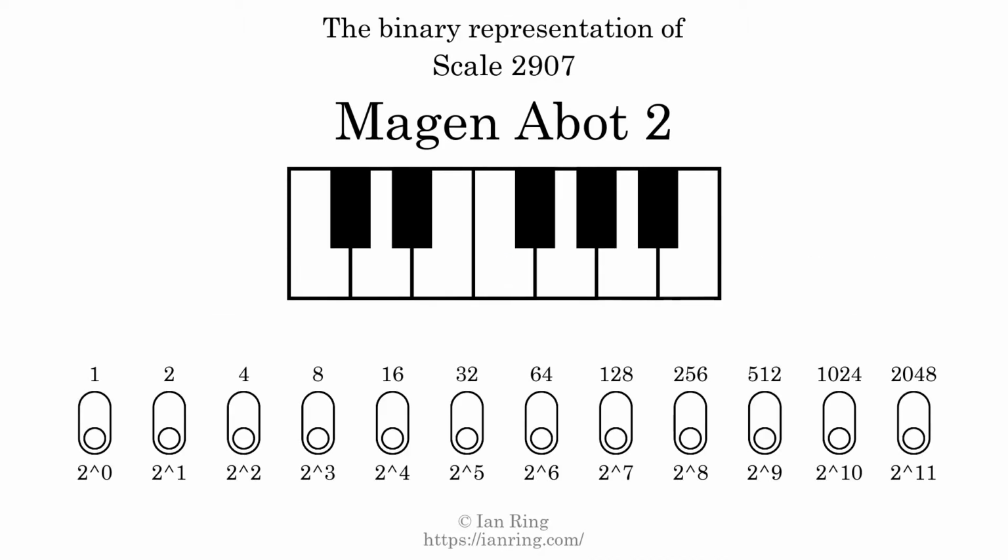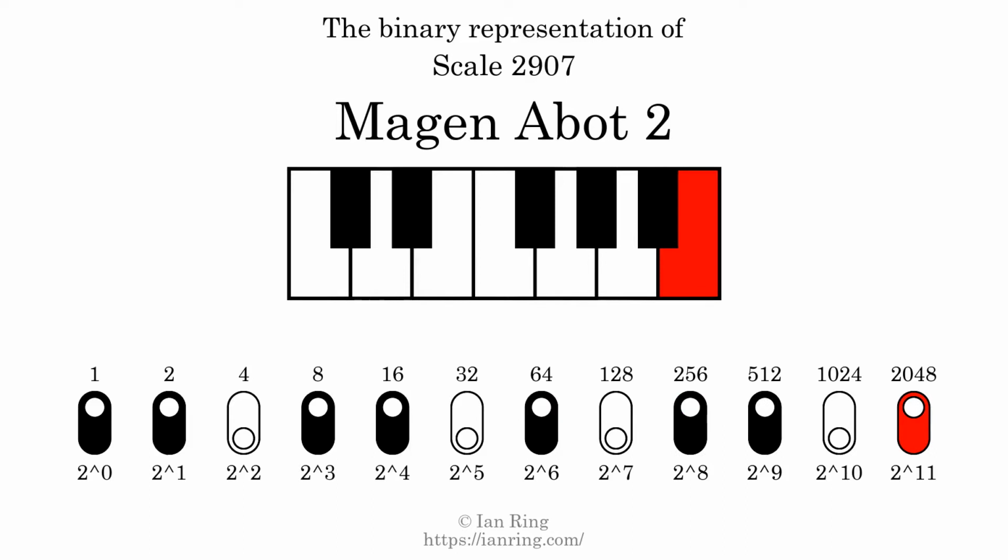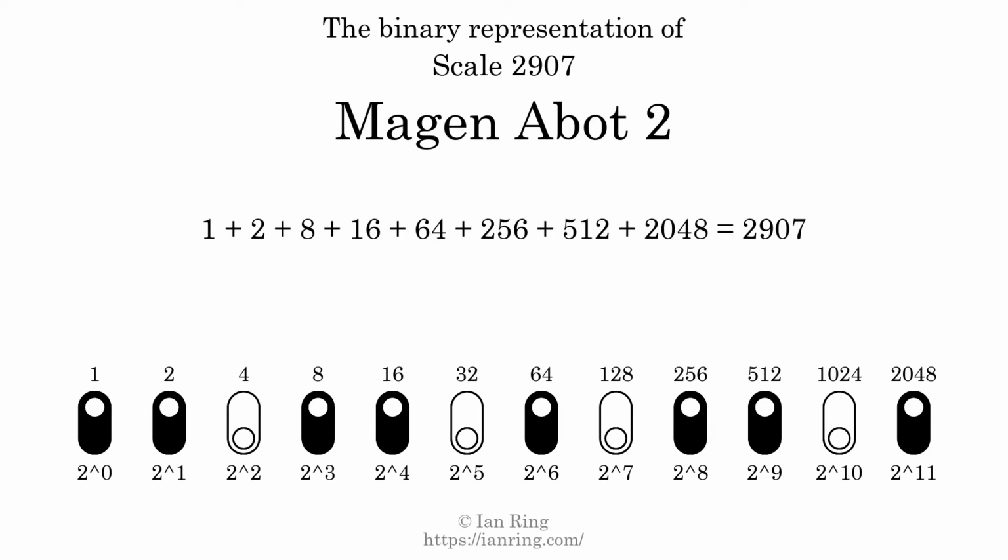The binary representation of this scale is determined by mapping tones of the scale to binary digits. Each binary digit represents a power of 2. To get the scale number, we add the powers of 2 together. The powers of 2 that are present in the scale, all added together, equals 2907. That is why the scale number, in decimal, is